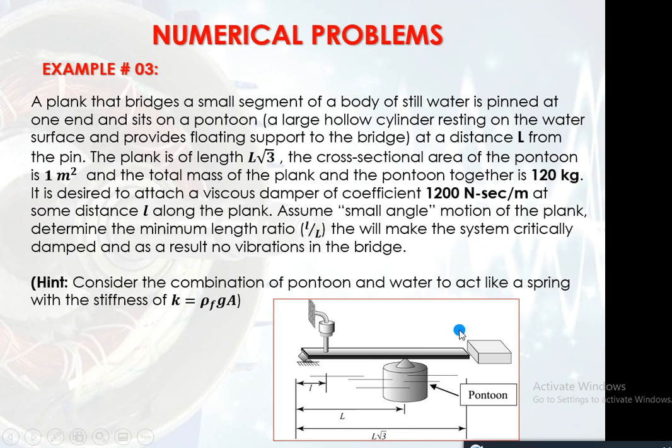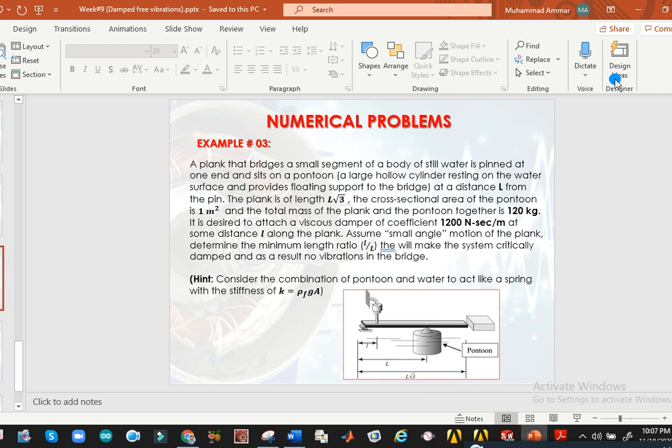And what is the inertia for this rod? It is I is equal to m l square divided by 3. Here l is the total length of this rod, and it is actually L into square root 3, and when we take its square, it will become L square into 3, and the 3 will be cancelled above and below, and we have the remaining term m L square. So I is equal to m into capital L square. That will be the remaining inertia.